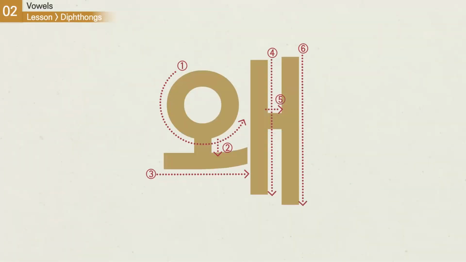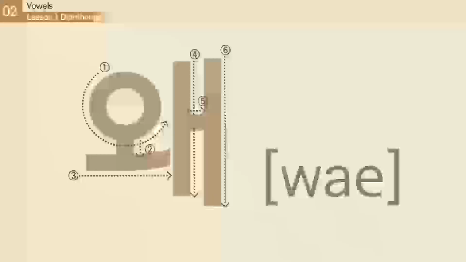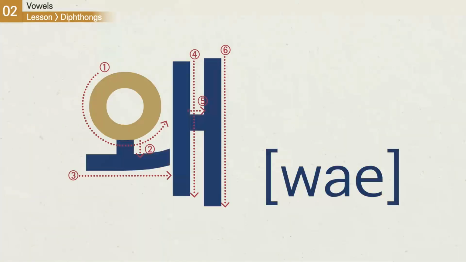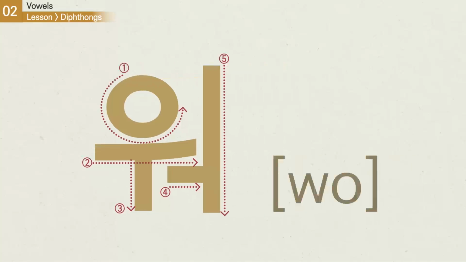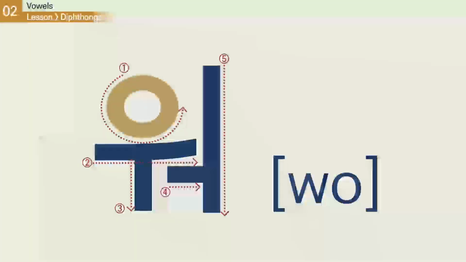We, also written as we, is pronounced we. Imagine that you are trying to say u and e quickly. Be sure not to pause in between pronouncing the two sounds. Repeat after me. We. Wa, also written as wa, is pronounced wa. Imagine that you are trying to say u and o quickly. Be sure not to pause in between pronouncing the two sounds. Repeat after me. Wa.